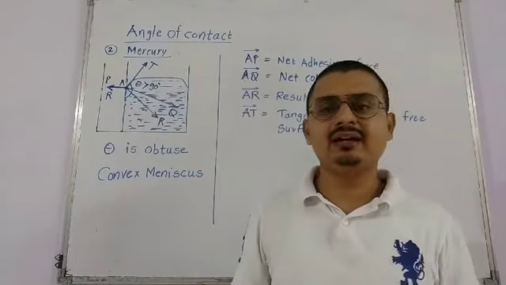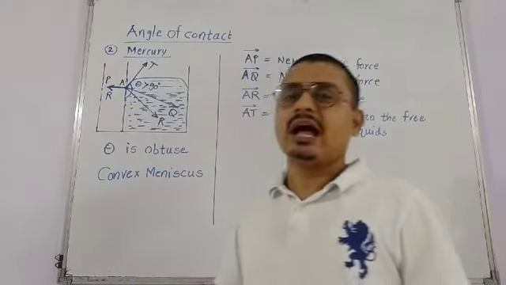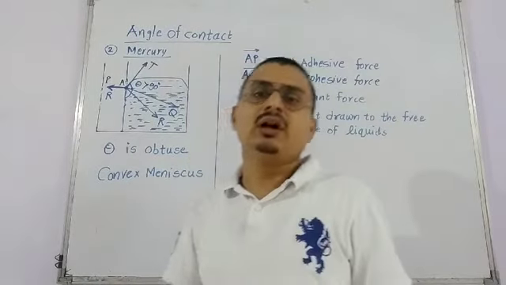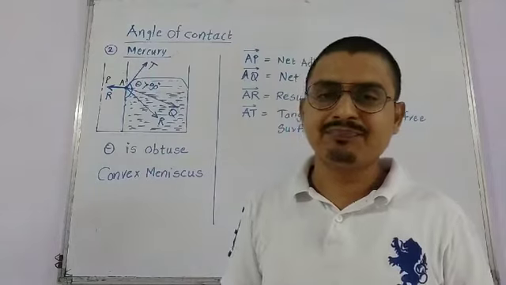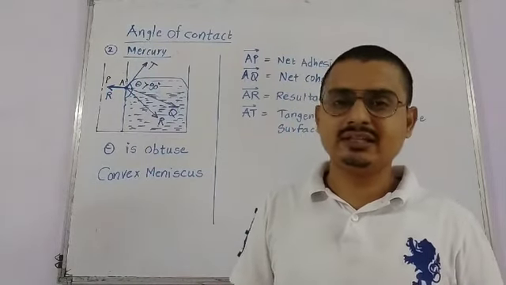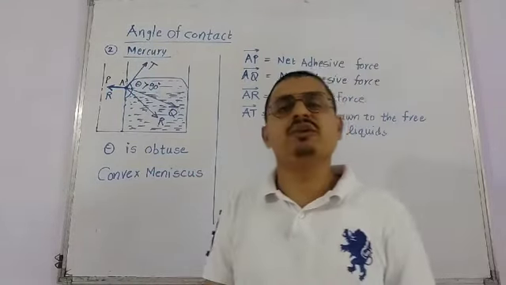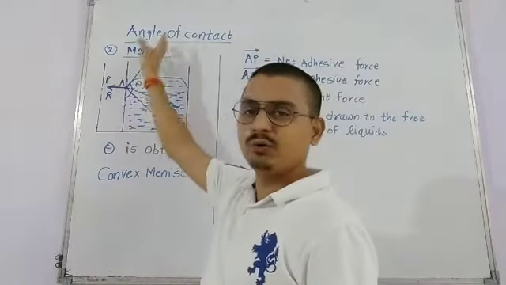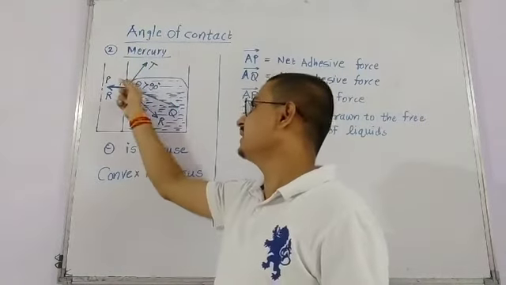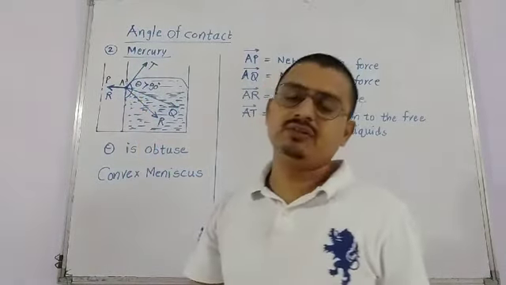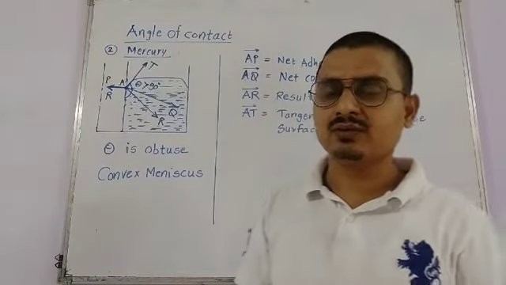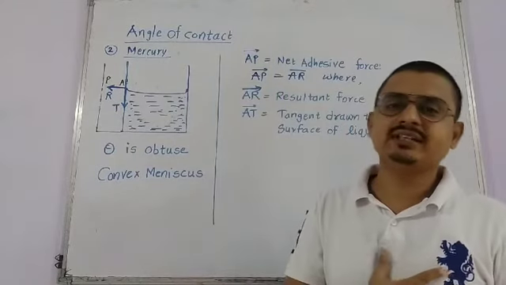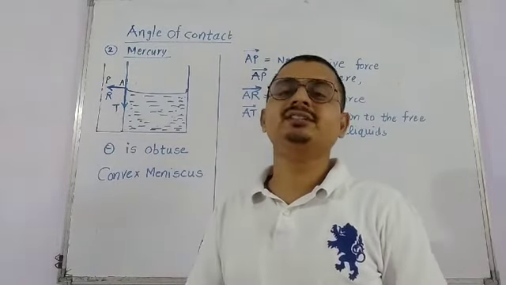And the reason behind that is the net cohesive force acting on a molecule is greater than the net adhesive force due to the solid molecules, and that's why the resultant force is lying inside the liquid. So when we draw a tangent to this resultant, we get the tangent in an upward direction, which is making an angle theta with the surface of solid which is greater than 90. So that's it. Now just move to the third part of this angle of contact, where the angle of contact is 0.